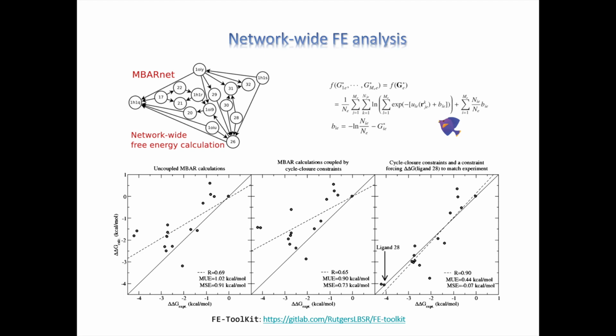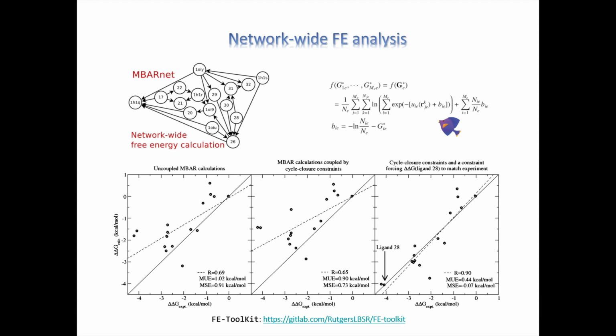Well, it turns out in the actual calculations, they're not 0. But when you analyze the results, you can constrain the free energies so that all of the cycle closures are obeyed, and you can make much more robust predictions about the resulting free energies when you do things on a network-wide scale. It turns out that this is a form of Bayesian optimization where the constraint conditions are formulated as priors, and they don't have to just include cycle closure conditions.